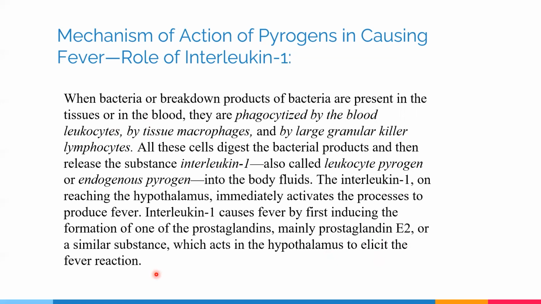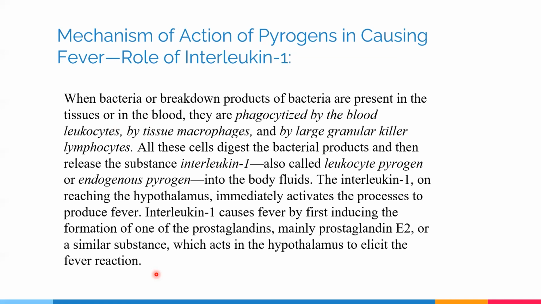Thus, this is essentially a feedback loop that occurs here. A bacterial infection triggers the phagocytosis of various bacteria, which involves various immune cells, which now release interleukin 1. Interleukin 1 is an endogenous pyrogen because it is produced inside the body by the body itself and is not a toxic chemical that is produced by foreign organisms. Interleukin 1 will act on the hypothalamus in order to increase the hypothalamic set point via prostaglandins such as prostaglandin E2. And thus, when the hypothalamic set point temperature increases and the body temperature also increases along with it, this